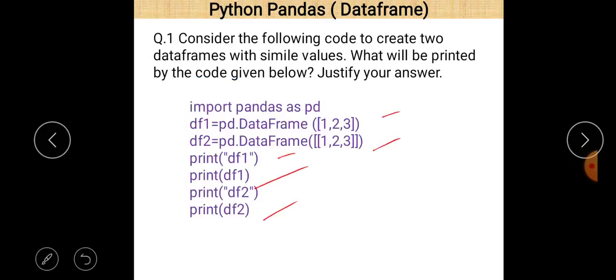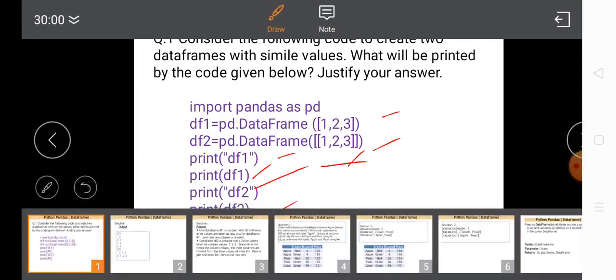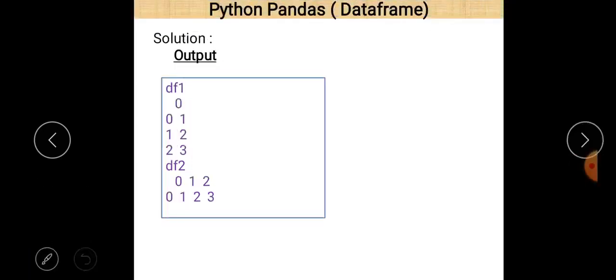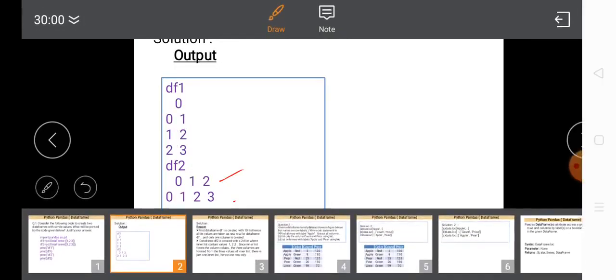Okay, two print statements are also there, df1 and df2, and then there is a print statement regarding the df. So the first data frame will be printed, which is single dimensional, or we can say a series, and the second data frame contains 3 different columns. So here these 3 elements are printed as columns. You can easily see that here. So that is the output.